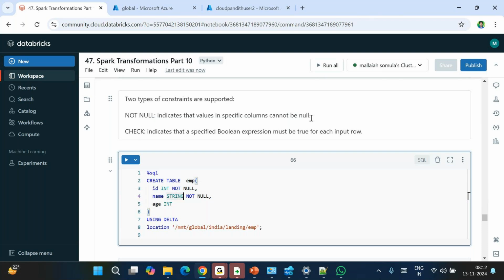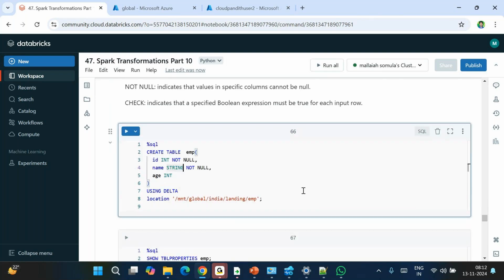Second constraint is check constraints. It indicates that the specified Boolean expression must be true for each input row. For example, age: if I say age should be greater than or equal to 18 for casting a vote, it will always validate whether this particular user's age is greater than 18 or not. Okay, like that. Now, if I execute this table,